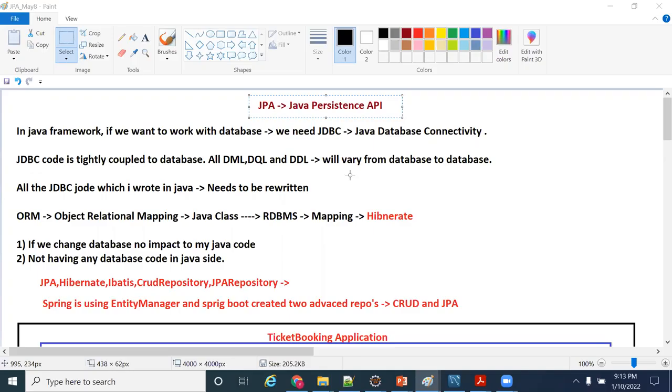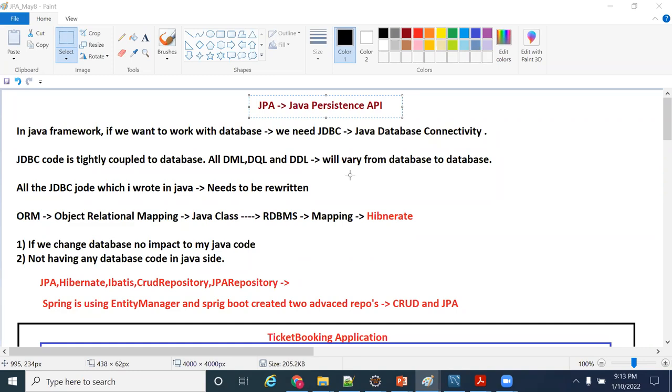The primary advantage of JPA is database independent code. I'm sorry, database independent code. It can connect to any database. So if I change my database and I have JPA, then I need not touch any of the things. It is a simple configuration change.